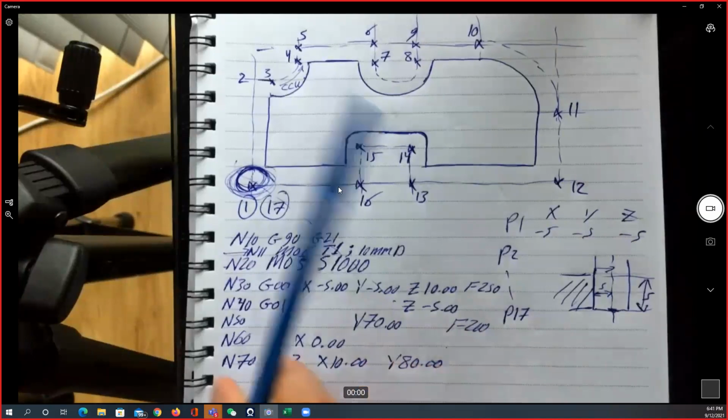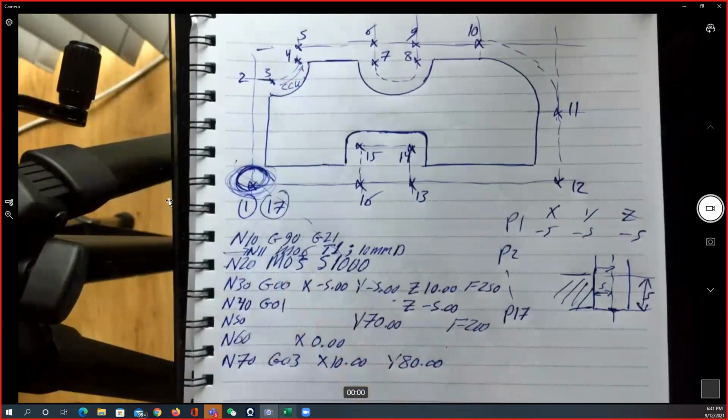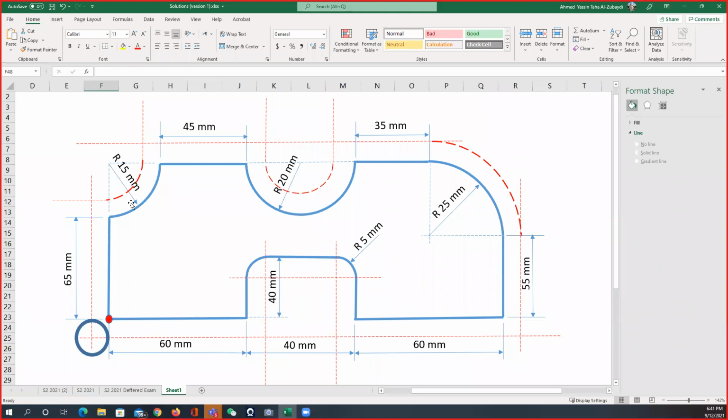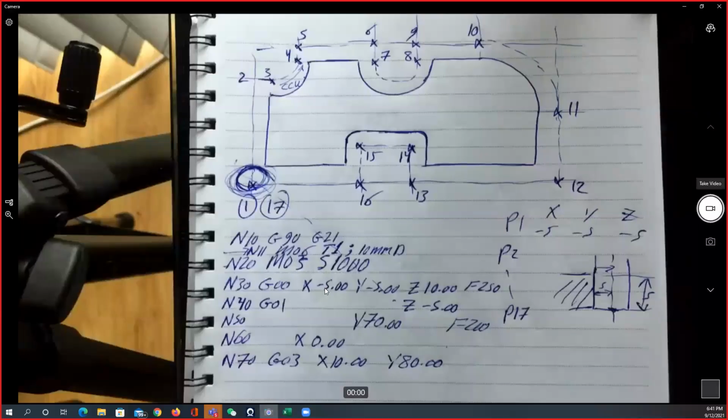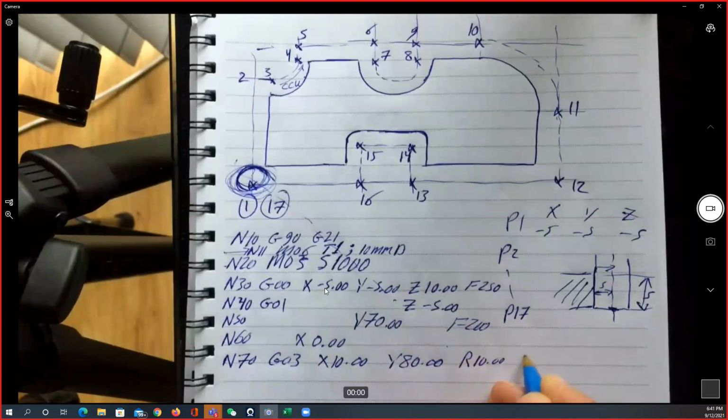And the radius for this small arc is going to be equal to, we said, take a look at the shape. We said, if this one is 15, this one is offset by 5, so it's going to be smaller by 5. So the R of the red arc is 10 millimeters only. So the R is 10 millimeters. Or I can write it as the I and the J, and I only need to define